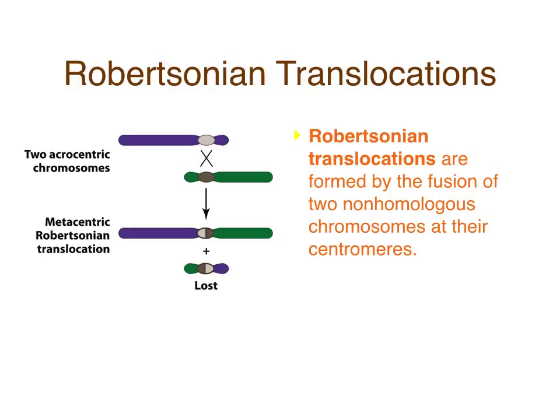Okay, so the last part that I did want to show you, though, and I do want to spend a little bit more time on, are Robertsonian translocations. And so in Robertsonian translocations, you have a fusion of two non-homologous chromosomes at their centromeres. And so then this is important. So you have not only the breaking up, or you have fissions that we talked about. Remember when we talked about Sceloporus grammicus and all the variation in the karyotypes of those, they were the mesquite lizards, where you have a whole bunch of what are called Robertsonian fissions going on, and chromosomes splitting up. You also have chromosomes coming back together. So again, there's just all this crazy dynamic stuff going on with the chromosomes.